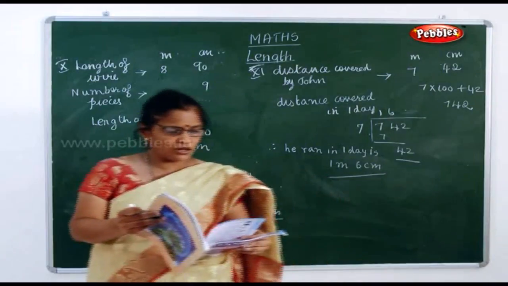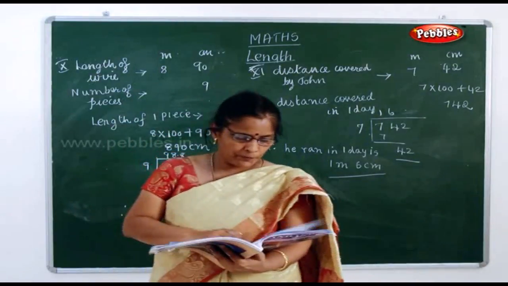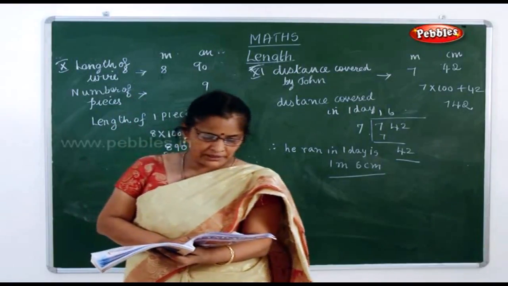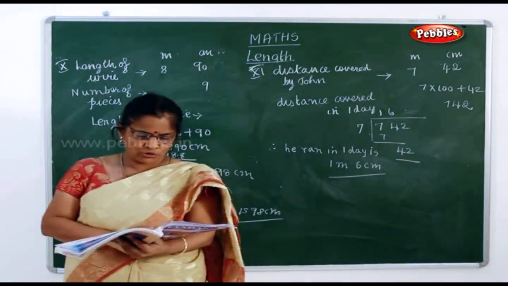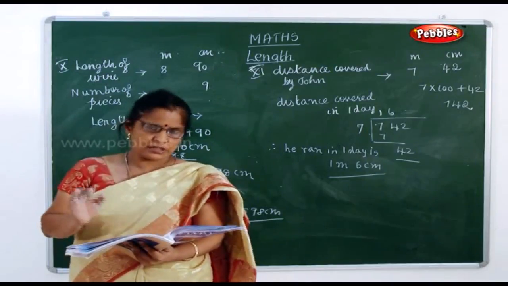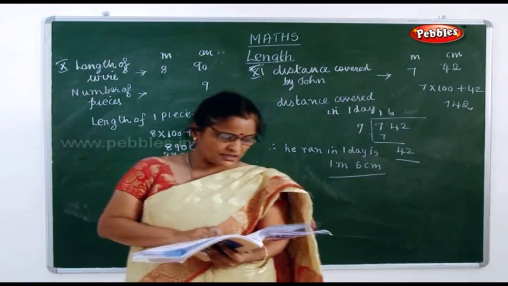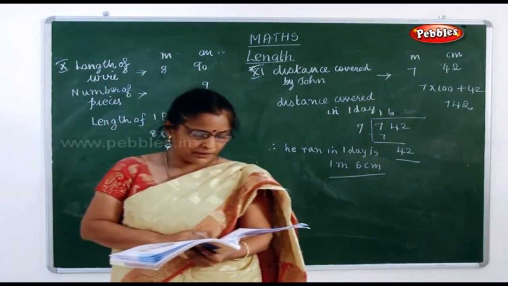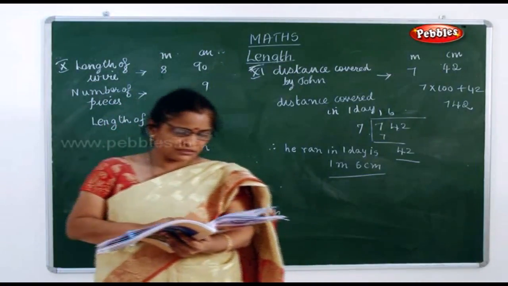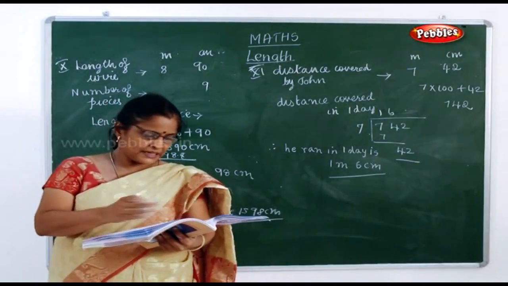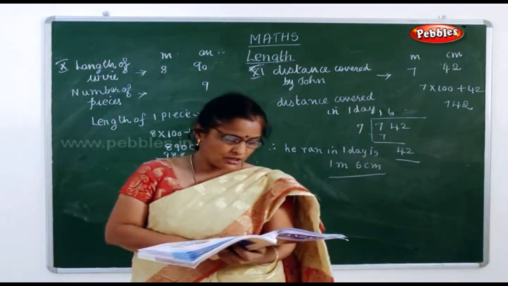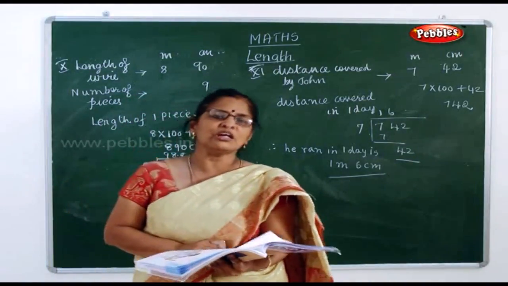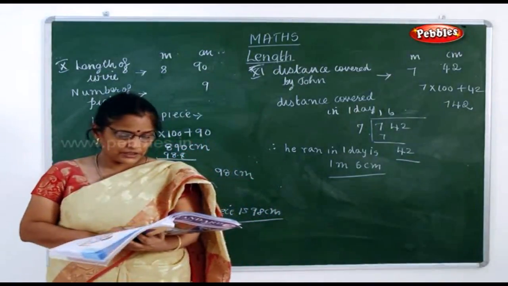Now next one is your activity given in your book. Take a Tamil Nadu map which contains all details related to distance. Now what you have to do? You take one Tamil Nadu map, write all the details and the distance. You mark the names of 2 cities. Using the map, write the distance between the cities. Now suppose you take Madras and Delhi. You write the distance between the 2 cities. Like this you start writing the distance between 5 important cities in your notebook. So that's your first activity.